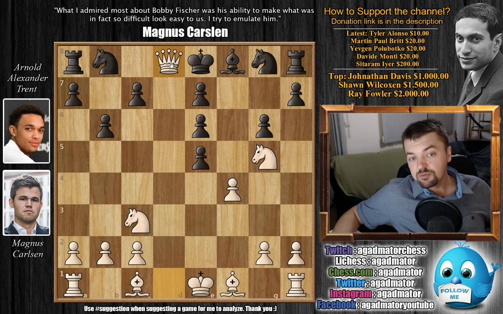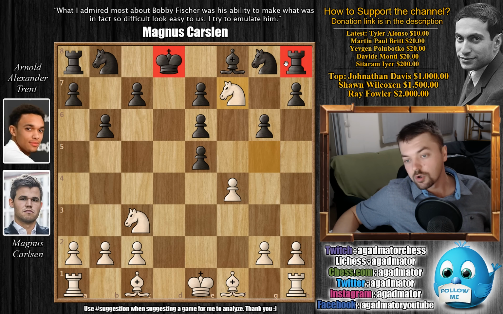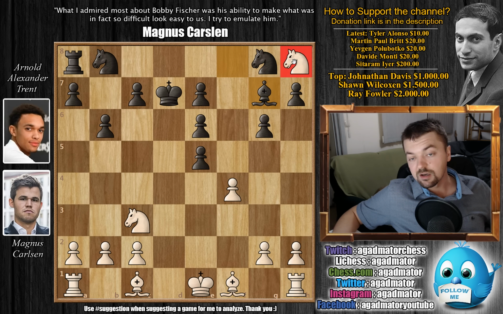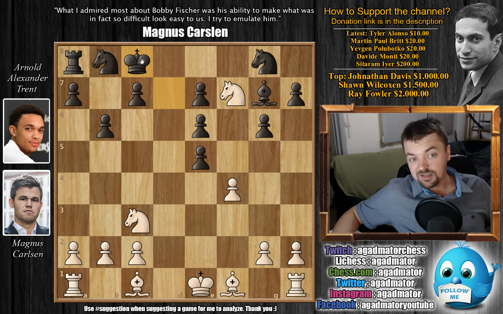We have queen captures, king captures, and now of course knight to f7 check, forking the king and the rook. We have king to d7, knight captures rook, we have bishop to g7 attacking Carlsen's knight, and the knight goes back to f7. Here king goes back to c8, perhaps looking for some sanctuary on b7, and Carlsen goes bishop to c4, a nice developing move, also eyeing that pawn on e6.